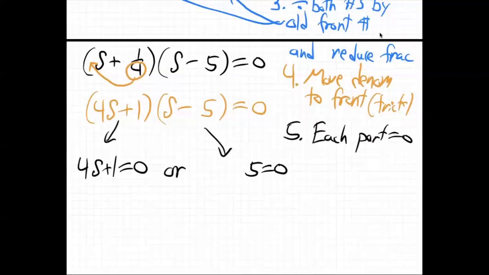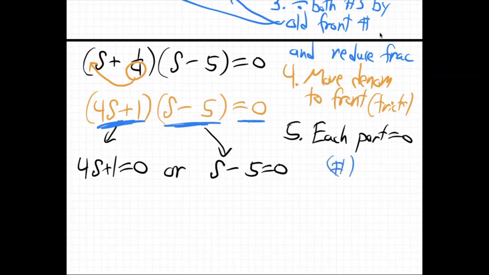I hope you know why that is, because that one, no, we're done with the tricks. That is just pure logic. Why? Well, because these guys are multiplying, right? Two parentheses are multiplying to equal 0. If I said, hey, I'm multiplying two numbers and the answer is coming out equal to 0, what does that